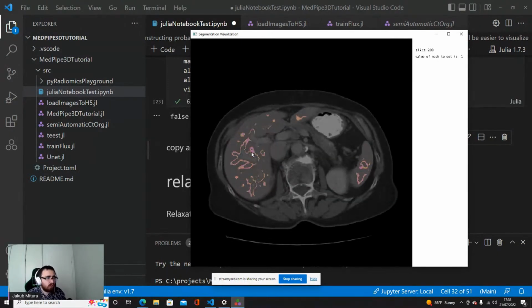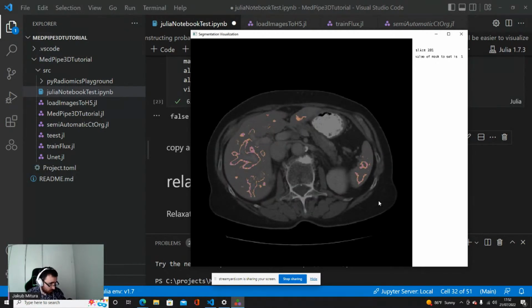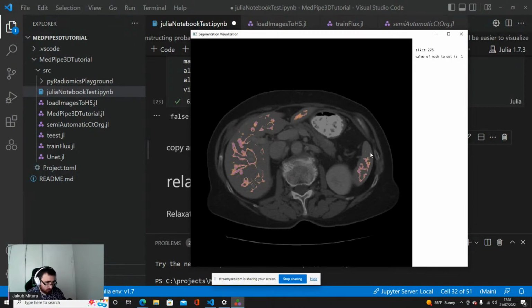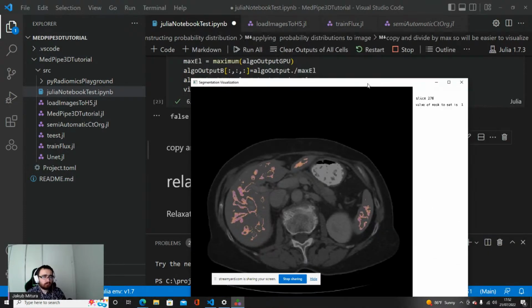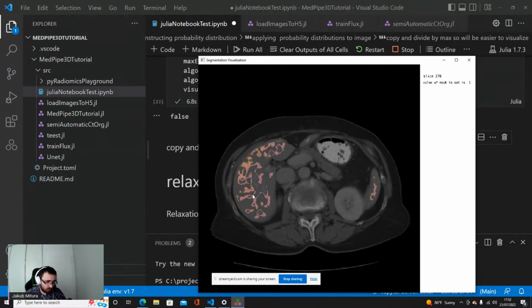So here is the liver one more time, and here are the spots where our algorithm decides that there is a high probability that this is a liver. What's important, our algorithm also said that there's high probability that this is a liver here also, which is wrong, obviously. So what we can do next is get the mask back.